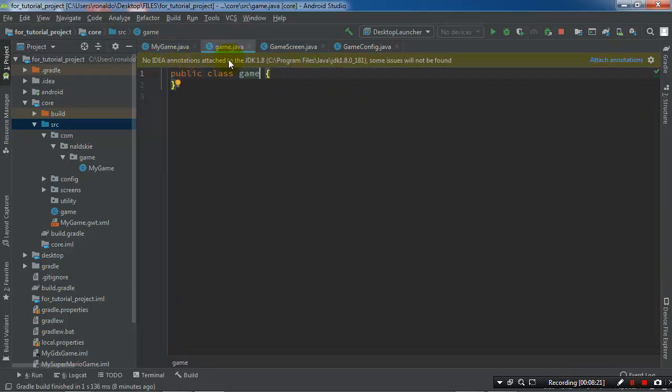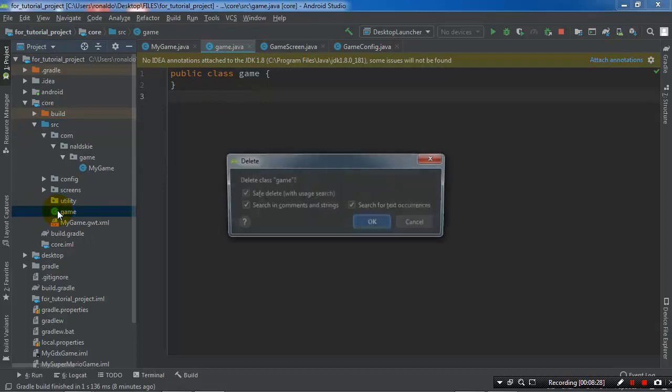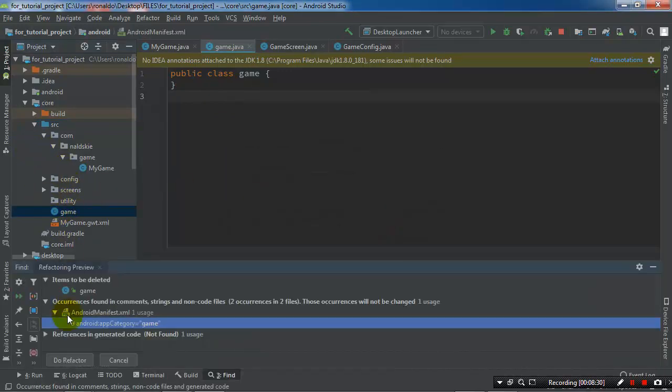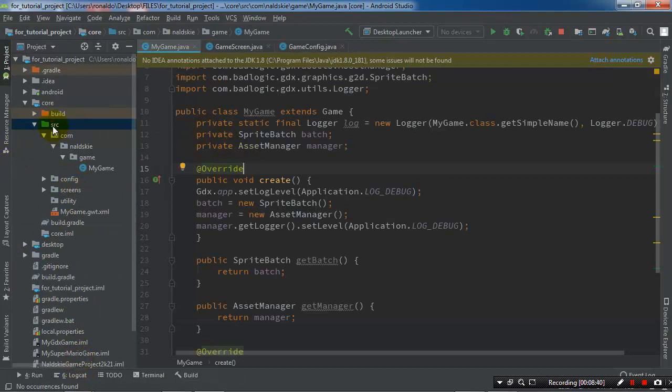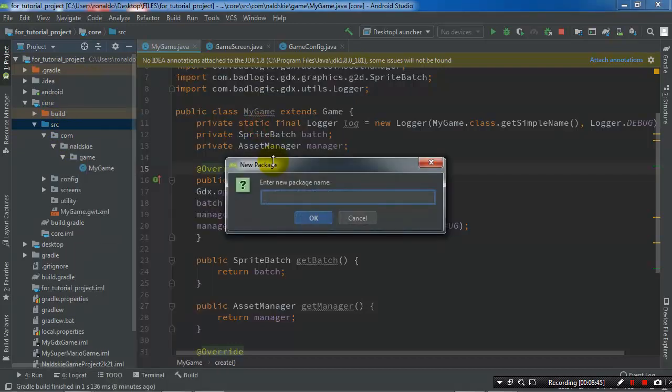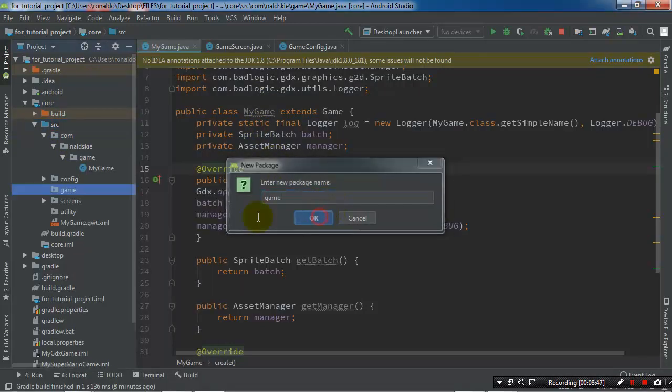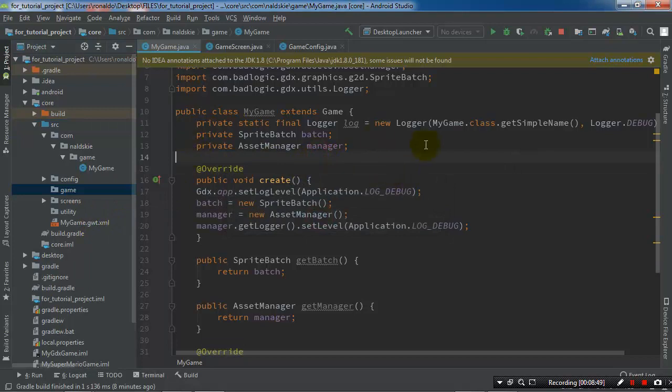So we have a game class. So I think I made a mistake with this one, so let's remove. It is not a class, but it is under the category game. So let's remove this one. We will create a package name game. Okay, so not a class. So now let's go back to our my game class, and here we will